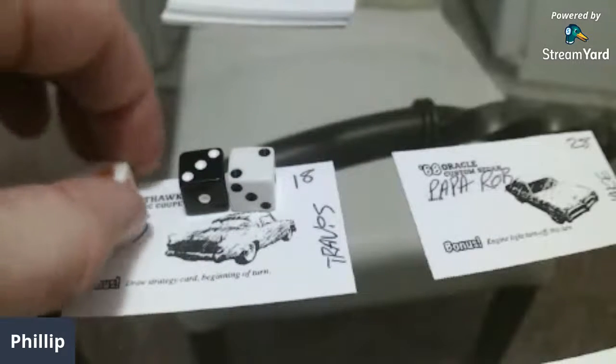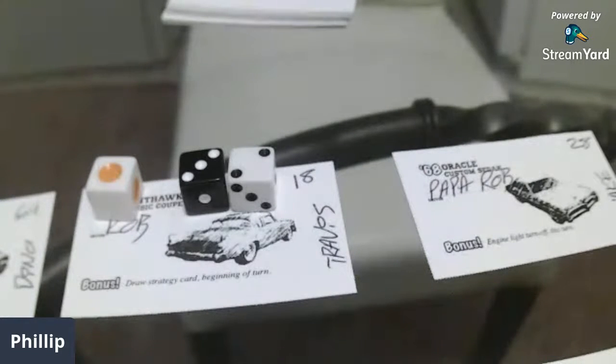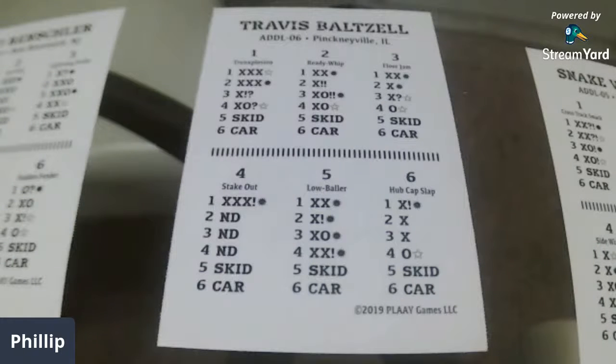We have 3-2 and a bullet, and Rob is Travis. A 3-2 is external damage to the player with the most amount of damage. Unfortunately, that means we would have to roll, because we got a bullet,